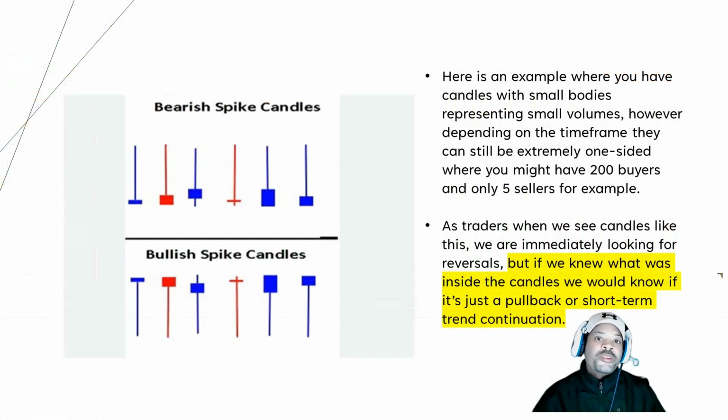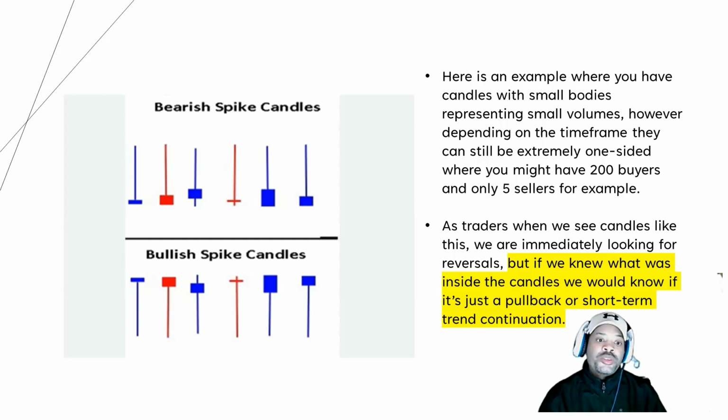Okay, so let's start with some very basic candles that most of us are familiar with. In this example here, you have bearish spike candles and you have bullish spike candles. Now, if you use price action in your trading, you will know that in the bearish spike candles, the wicks above the bodies represent a supply zone, and the wicks below the bodies in the bullish spike candles represent a